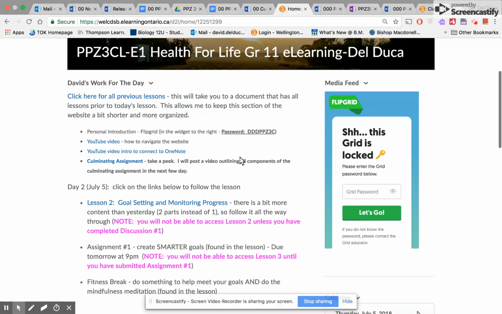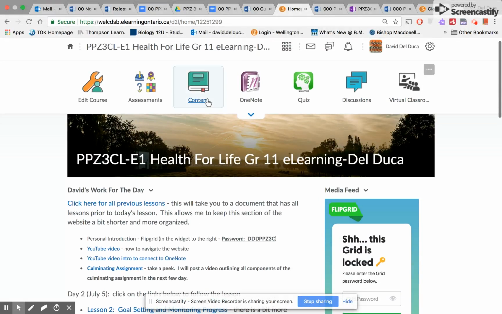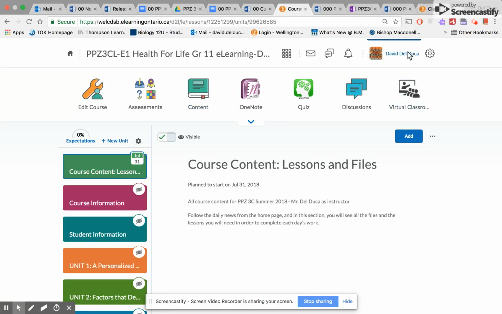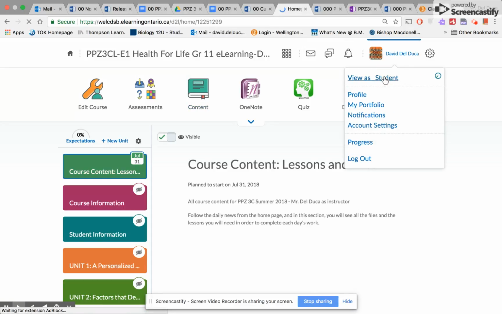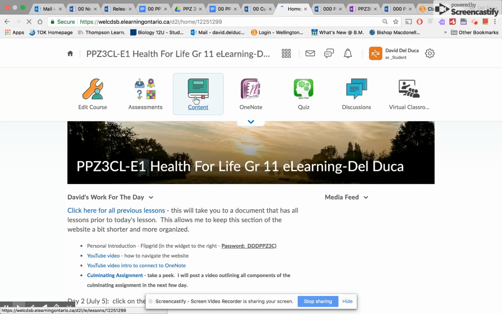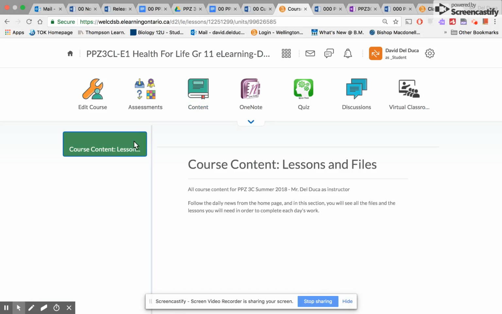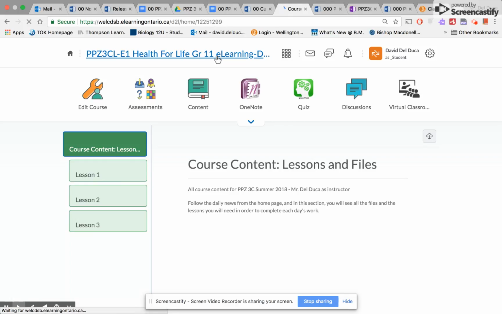But if you want to move forward at a faster pace, if you click on content, then you'll be able to see whatever has been made available to you. And again, if you're a student who has not yet completed the content from lesson one, then you are going to have a severely limited number of lessons compared to someone who has completed all the work for the previous day. I'm going to post this video on the homepage